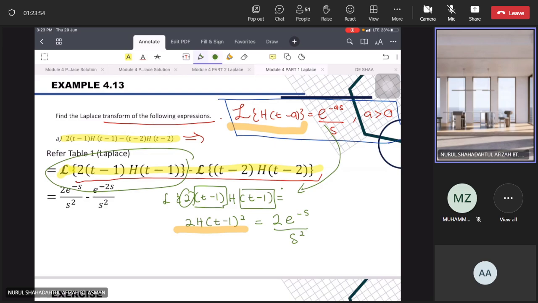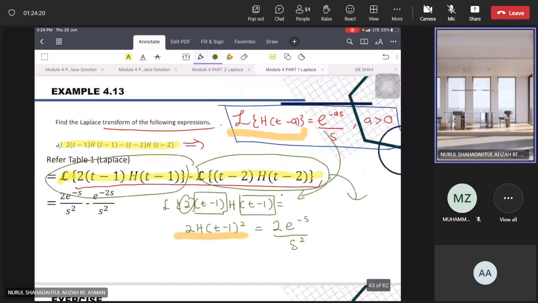So the same with this one. So the others are the same. You try to do it. So this one with this one, you can make it square. Okay,